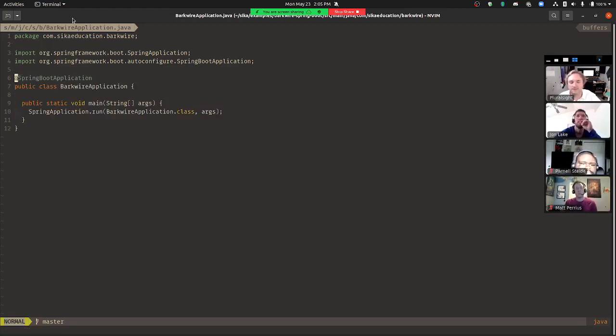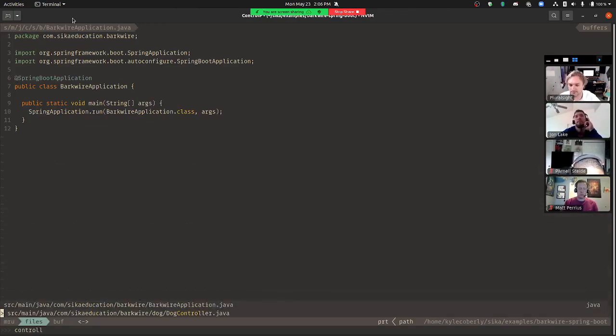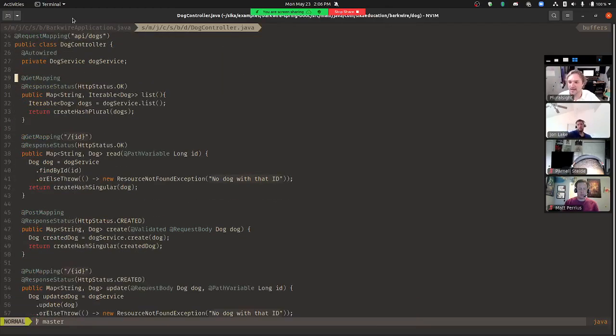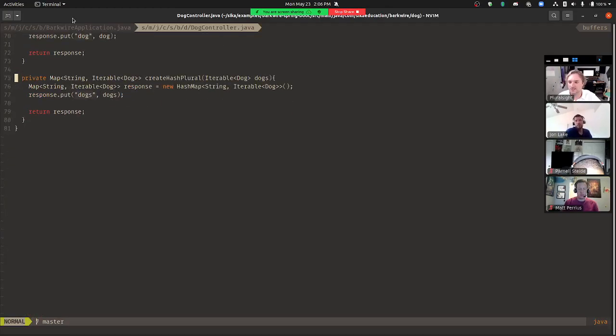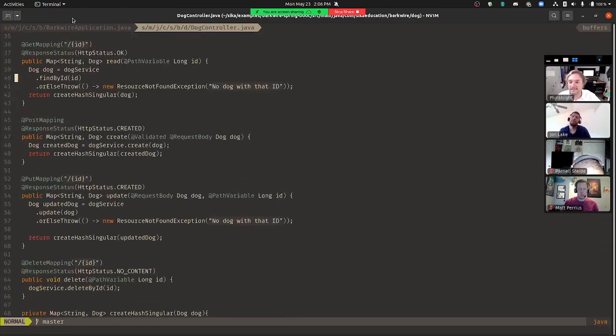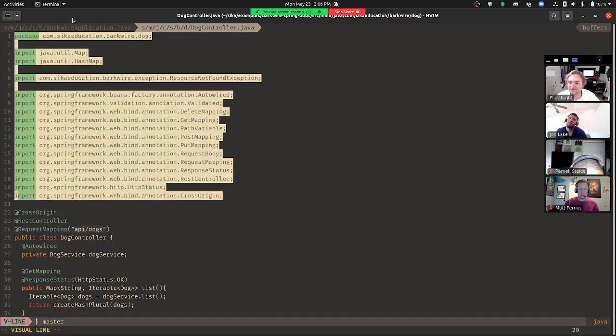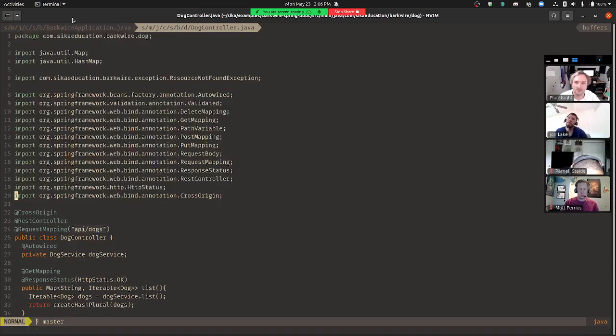That's the entry point for a Spring Boot app. And then the actual class files, uppercase C class files, look like that. It's all the same stuff. You can see how verbose it gets. You can also see, just for this file, all the stuff that gets imported.